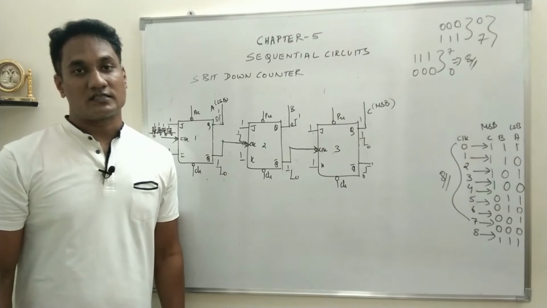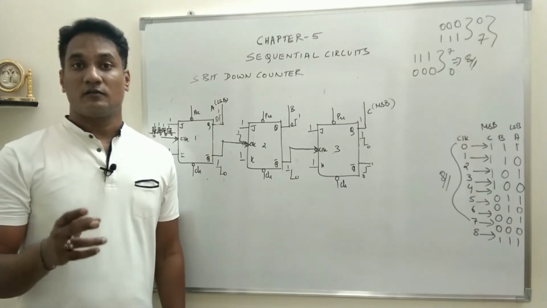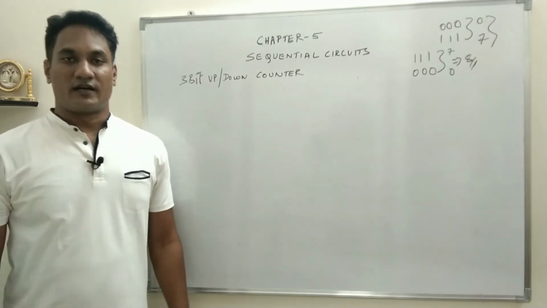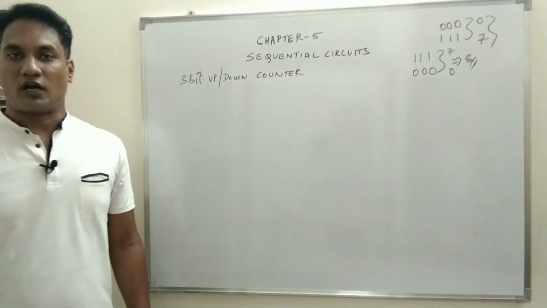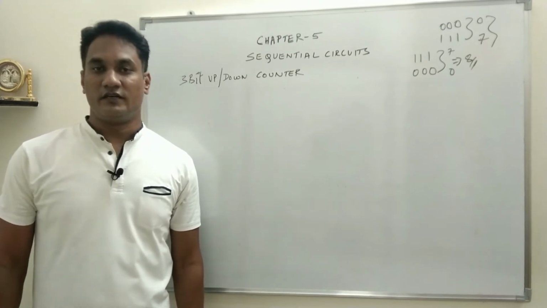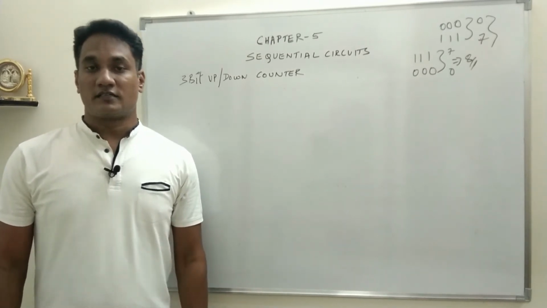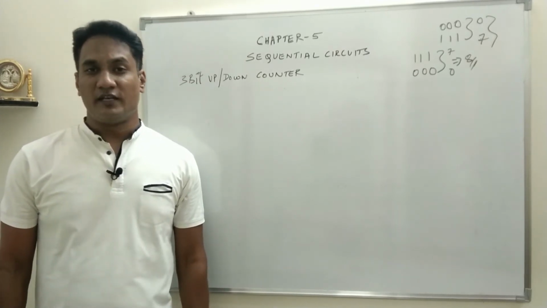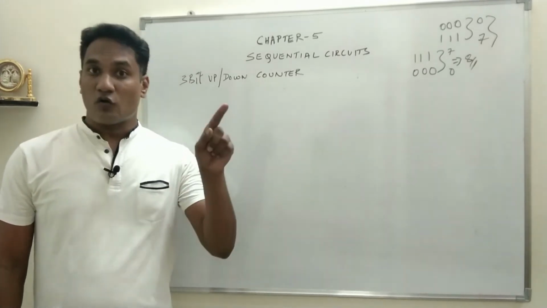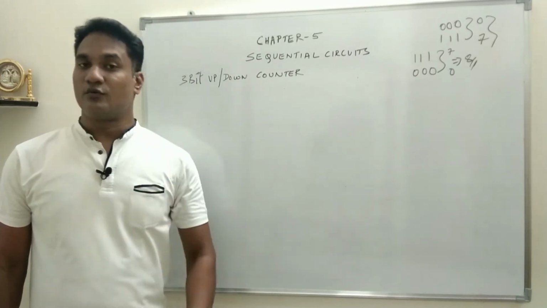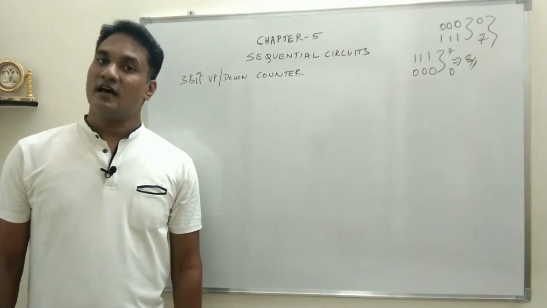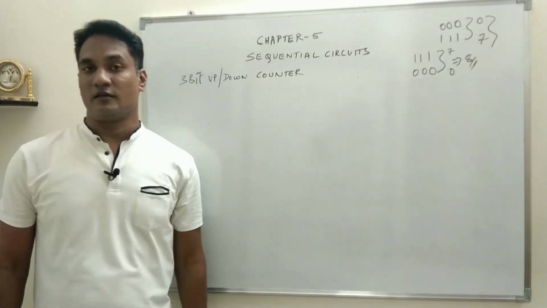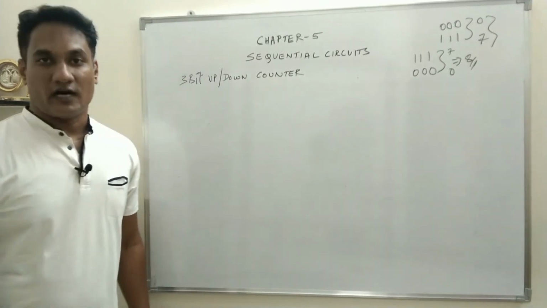Now we will try to understand a circuit which works as both up as well as down counter. The next circuit which we'll try to understand is the 3-bit up down counter. In the previous video we understood how a circuit can be used as an up counter or as a down counter. The only difference between an up and down counter is if the Q output of the previous stage is connected as clock input for the next stage, the circuit works as an up counter, and if the Q bar output of the previous flip-flop is connected as clock input for the next stage, it works as a down counter.